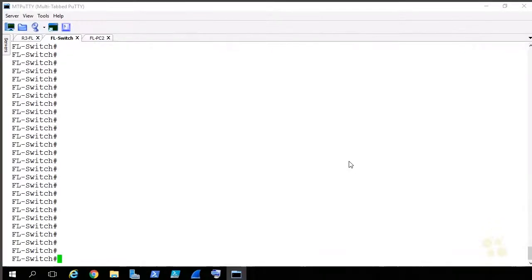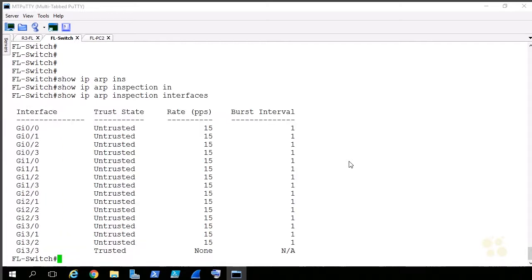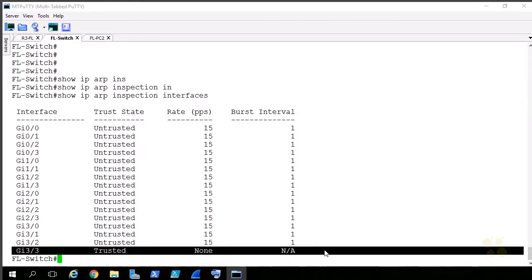So the way that we could see the current rate limiting for dynamic ARP inspection is with the command show ip arp inspection interfaces, and press enter. And this will also show whether or not the interfaces are trusted or not. So gig 3/3 we specifically made as a trusted port from a DAI perspective. And then the rate, packets per second, regarding all ARP traffic on the untrusted ports is 15 packets per second